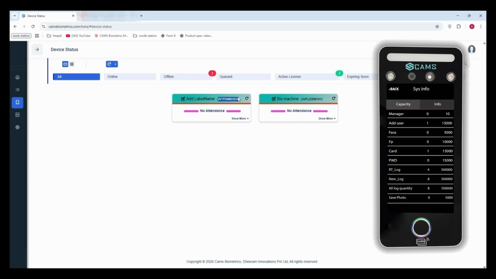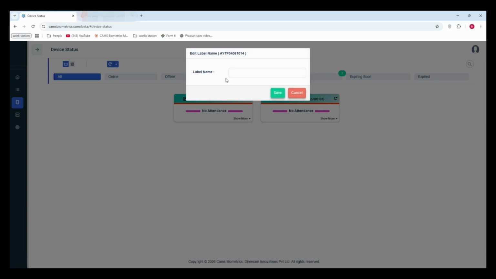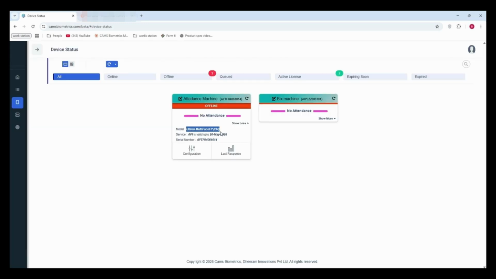Here, I'm inside the system info section of the machine. This is the machine serial number. Let me find the same serial number inside the CAMS portal. I'll name this machine attendance machine. You can customize the label name based on your branch, location, or department. Click Save. Here on the dashboard, you can see transaction metrics, machine name, service validity period, machine information, configuration button,